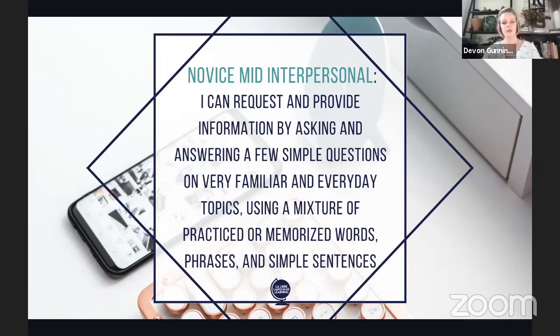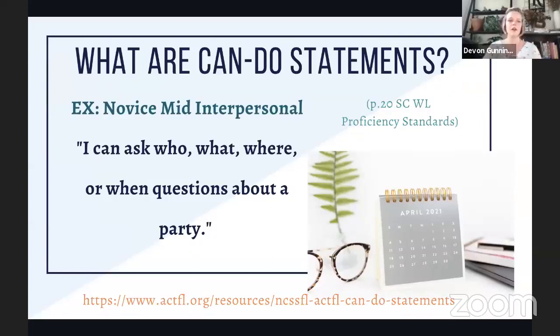So how you can make this happen in your classroom is that the focus of your class this day might be something along the lines of, "Clase, hoy vamos a aprender las preguntas en español." We're going to learn question words in español, and you just practice all different types of activities where students are